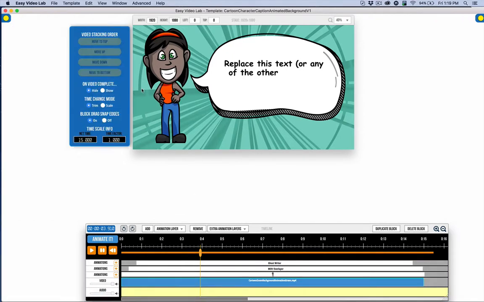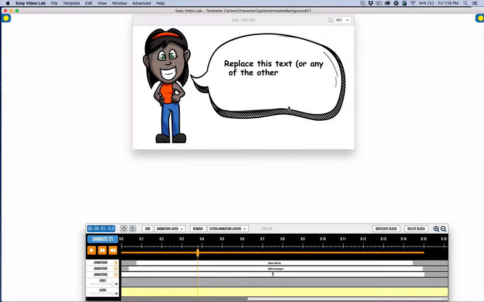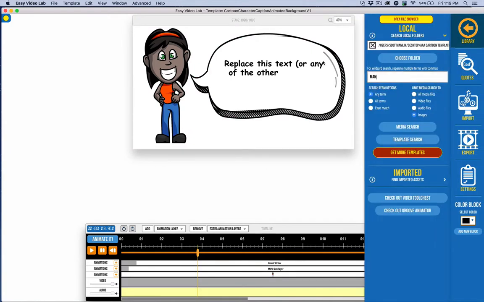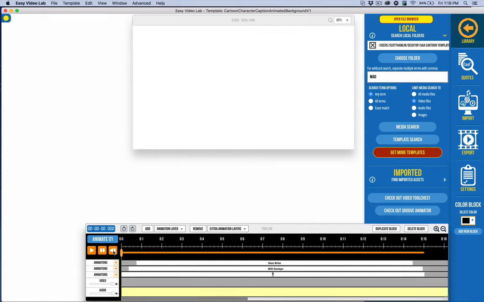Now, it's always been pretty easy for us to select a video, delete it, come up to our library and do a keyword search here and find something that goes with it. So let me do videos here. And in this kit, I've got some stuff that's designed to fit this. Let's say that I'm trying to do something in frustration or whatever. Let's say I'm in the weight loss niche and I'm going to say, are you frustrated with not meeting your weight loss goals? And so I want to have maybe a background that fits that. So first thing I want to do, I actually want to rewind, get it to the beginning so that video